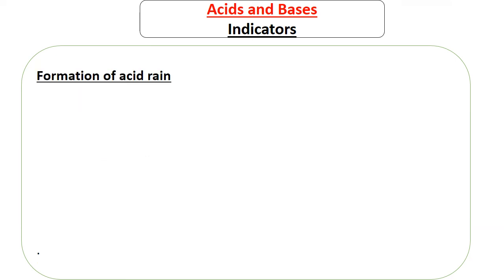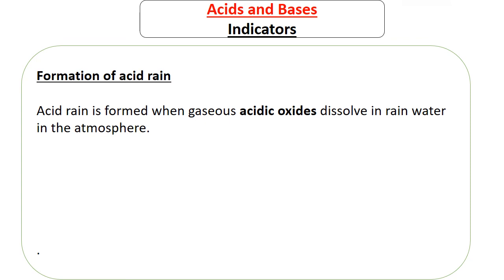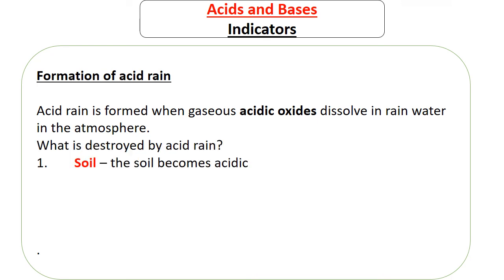Next, look at formation of acid rain. There's rain which is very bad, called acid rain. Acid rain is formed when gaseous acidic oxides dissolve in rainwater in the atmosphere. So when it's about to rain, and rainwater mixes with gaseous acidic oxides, then we have acid rain. What is it that is destroyed by acid rain? Soil. The soil becomes acidic to crops and vegetation also die. So these are the negative impacts of